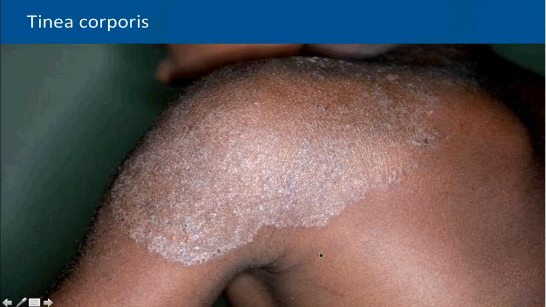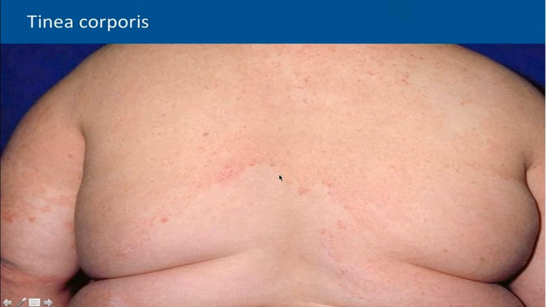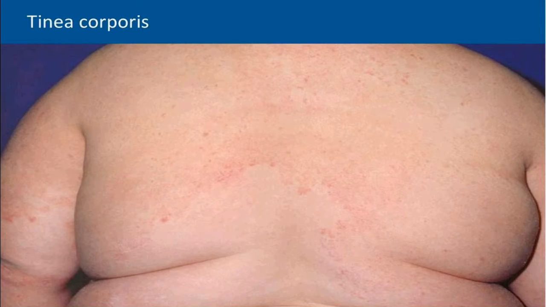In pigmented skin, it's important to know that it's often hard to see erythema, so you can barely see the rim of erythema in this tinea corporis of the shoulder here. And sometimes the erythema is very faint. So in this patient, you can see that the rash has been here for several months, and you can see that the leading edge of this spreading plaque is actually winding around the whole upper trunk like this. So don't get fooled that tinea corporis can be a widespread disease.